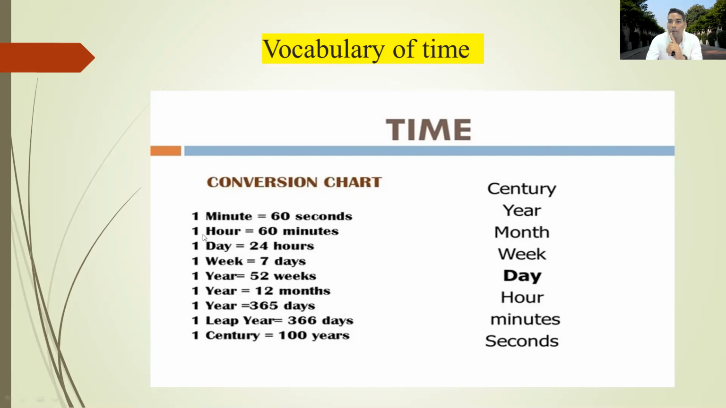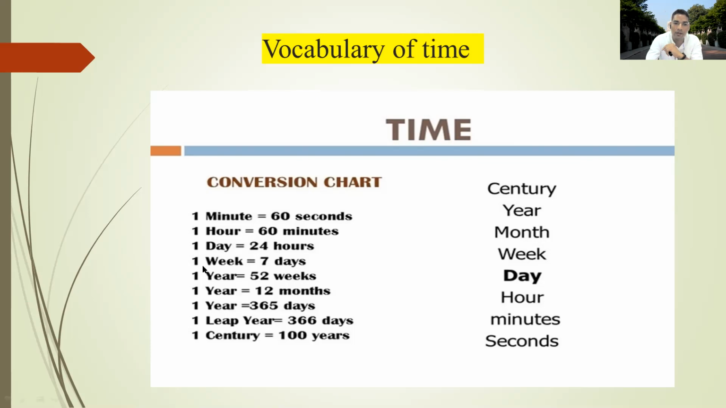1 hour means 1 hour equals 60 minutes. 60 minutes means 1 hour. And how many hours in 1 day? 24 hours. So what we can say: 1 day, 24 hours. Very good. Next,